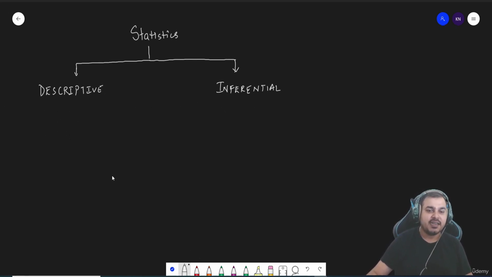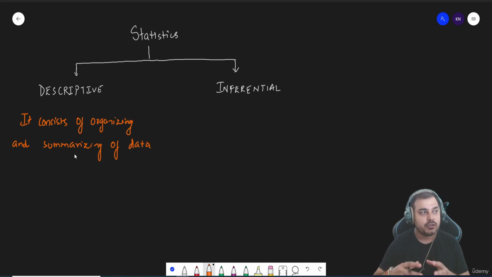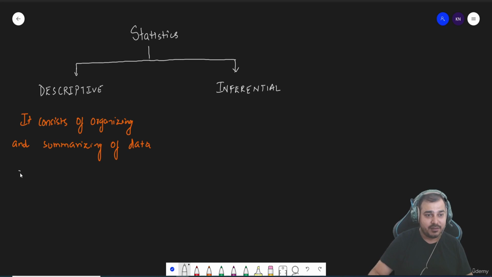One is descriptive and the other one is inferential. Descriptive statistics consists of organizing and summarizing of data. I'll give you a lot of examples, so don't worry. Organizing and summarizing of data. All the techniques that are used in statistics to organize and summarize the data belong to the part of descriptive statistics. Some of the basic techniques that are actually used: